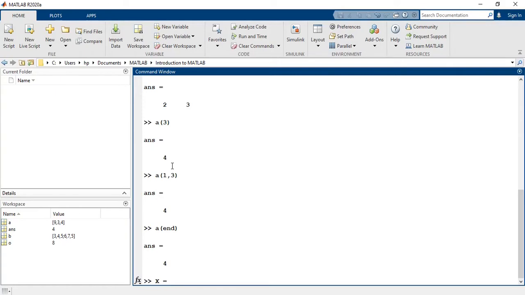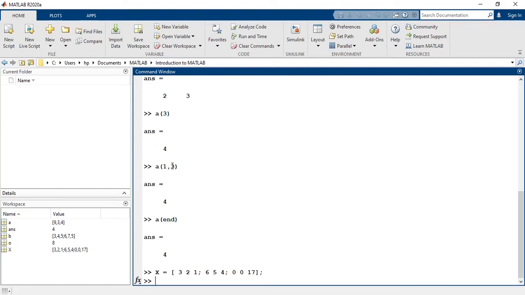X = [3, 2, 1; 6, 5, 4; 0, 0, 17]. Then 1, 1, colon 2, colon end.